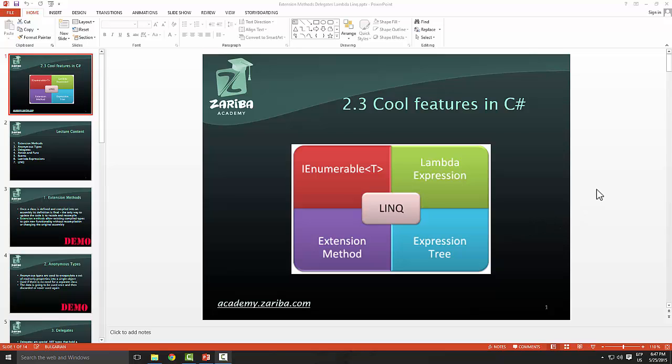Hi everyone. Today's lecture is named in a weird way. It's called Cool Features in C Sharp. I would list all of the things that we're going to be talking about today, but it'll be about 3 or 4 lines here, and I wasn't going to be able to fit it in. So today's lecture is